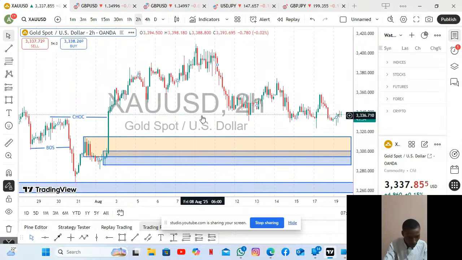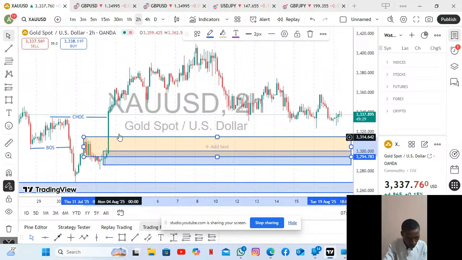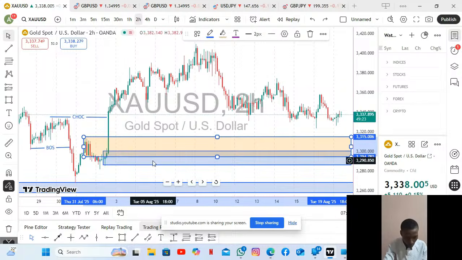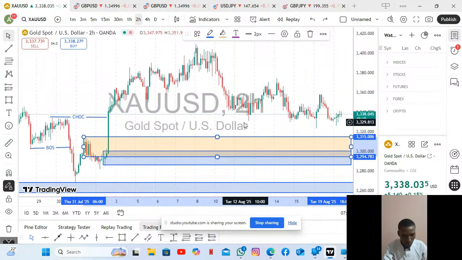Let's move this out on the 2 hour time frame. This is our mitigation block, okay, and this is our order block. For those who like trading with mitigation block, once it enters this region, you can take your trade. Now going to the 1 hour time frame,